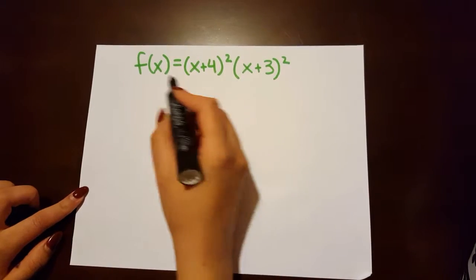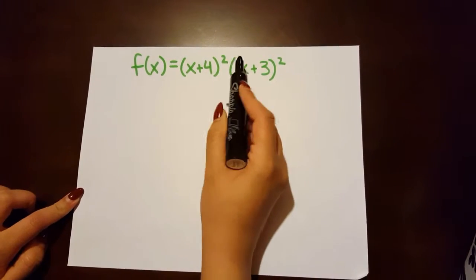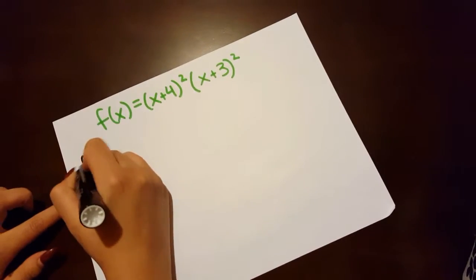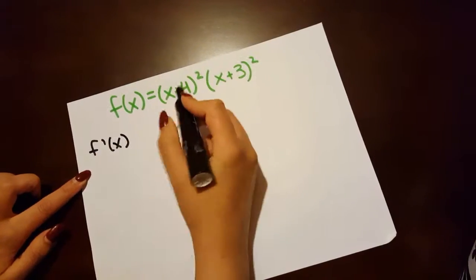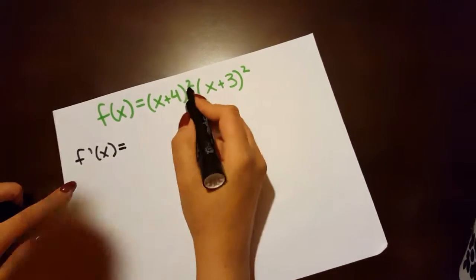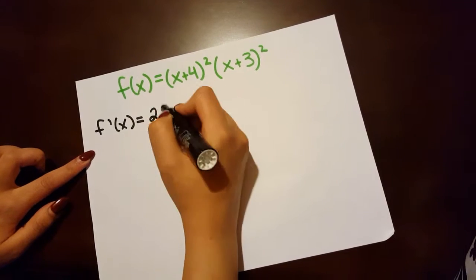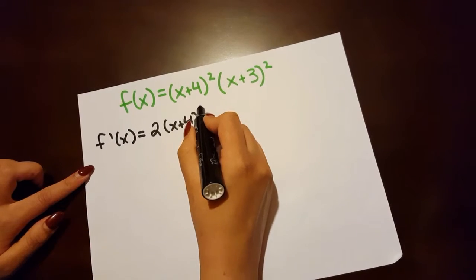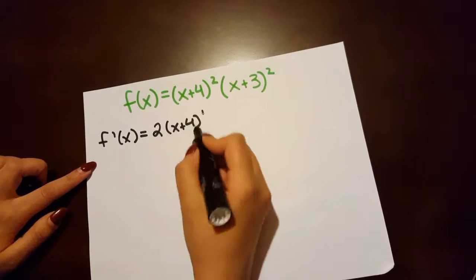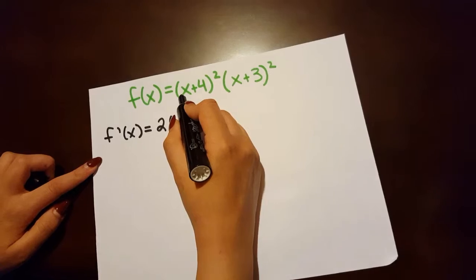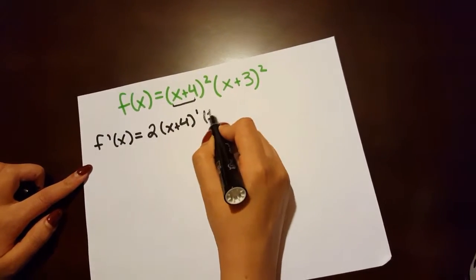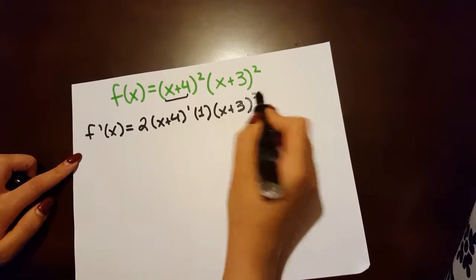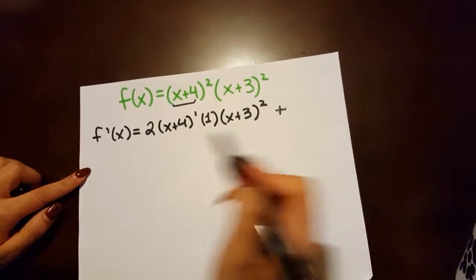So let's do this. If f of x equals (x plus 4) to the power of 2 times (x plus 3) to the power of 2, f prime of x is going to be the derivative of this, and we're going to take the 2 outside, and the inside is going to stay the same for now, and then 2 minus 1 is equal to 1. And then we're going to multiply this by the derivative inside, which is just 1 in this case, and multiply this by (x plus 3) to the power of 2, as the product rule tells us to,